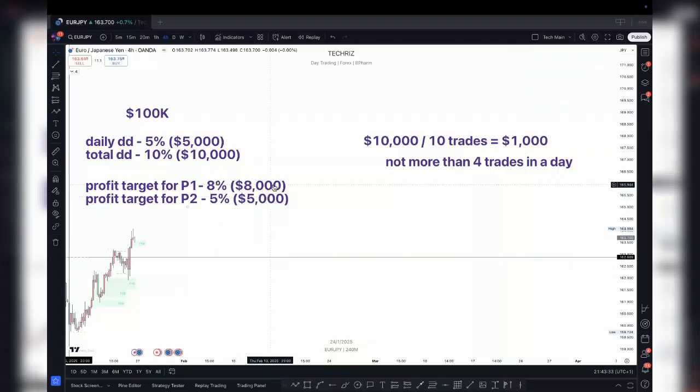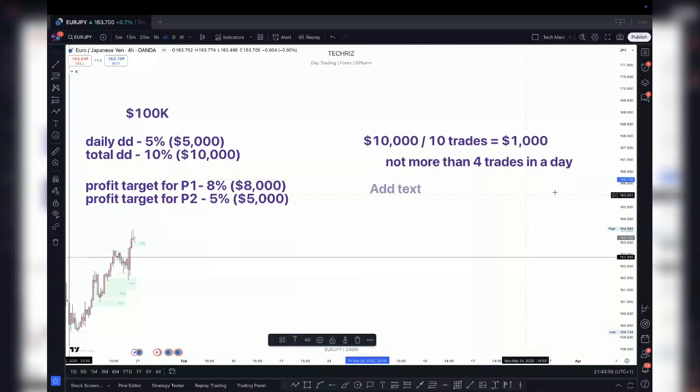But now let's say you're not so sure about your strategy, and you want to take a more slow and sustained approach, which is what I do. I don't take it for all my accounts. Do I have an account where I risk 1%? This is called risking 1%. So we are risking 1%